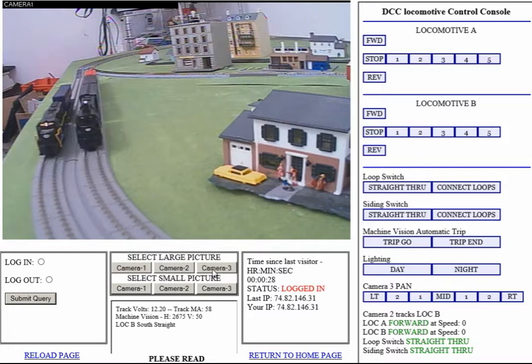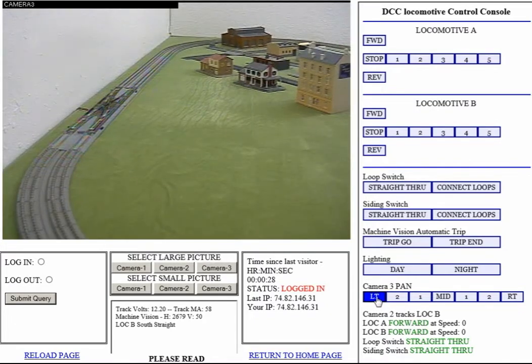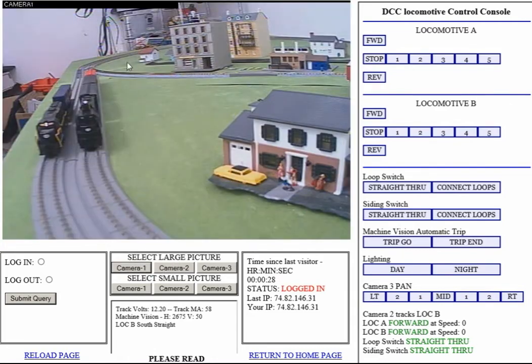The loop switch is a crossover switch, visible in camera 3 if I pan it to the left. What this does is allow a train on the outside track to cross over to the inside, and vice versa. If the train is on the one track, it will cross over to the other track. We also have a siding and a siding switch. If I back up locomotive B,